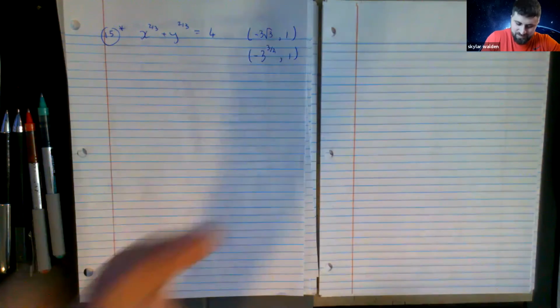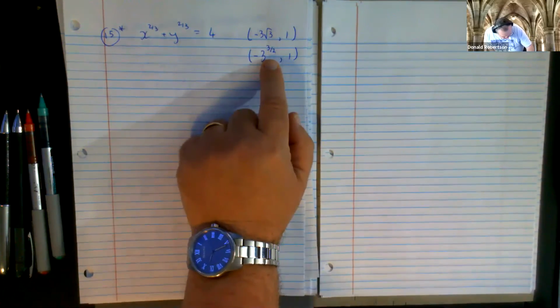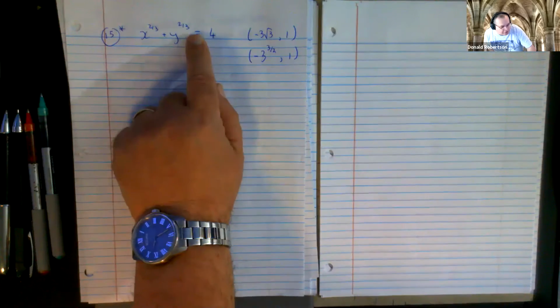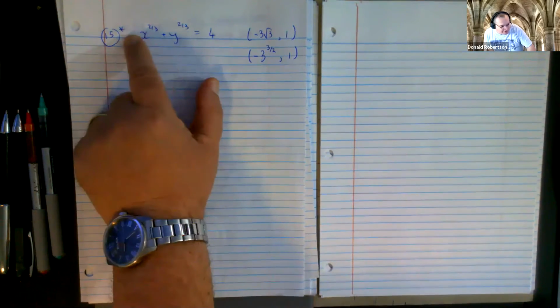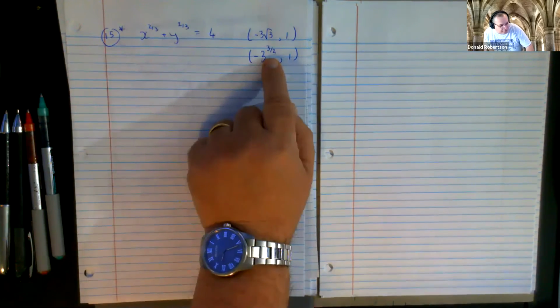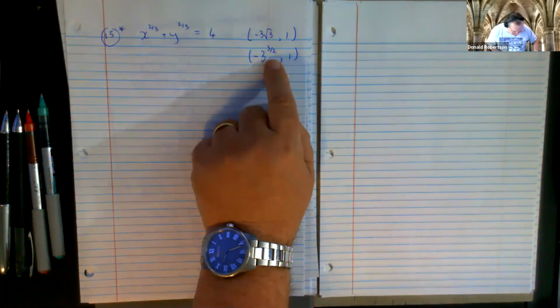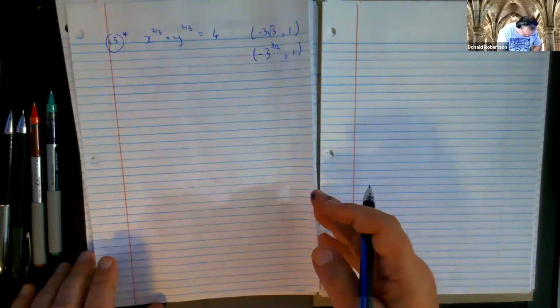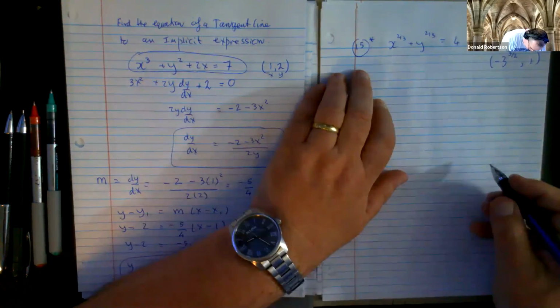Okay, so you might say, well, why am I doing that? The reason I'm doing that is because of these. If the expression's in fractional powers, it's probably a good idea just to make everything fractional. It might make the algebra later a little bit cleaner. I'm hoping it does. I've done this one before. So